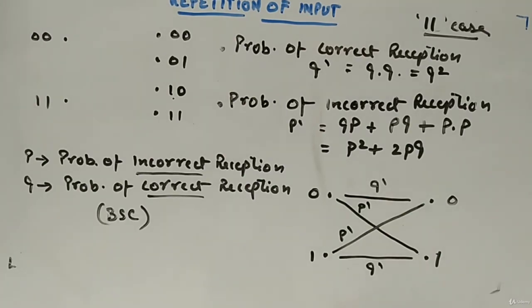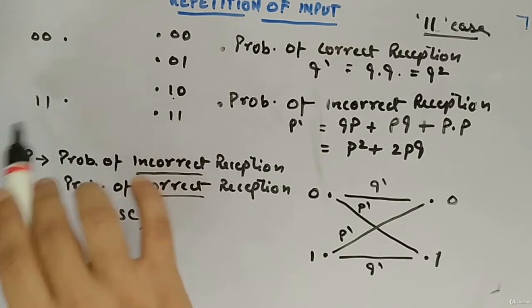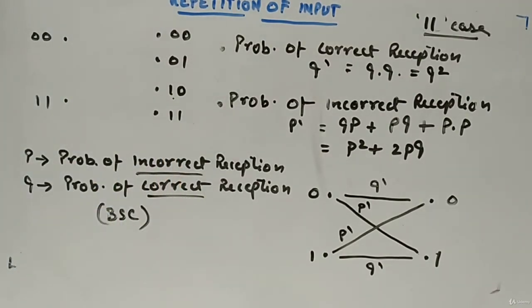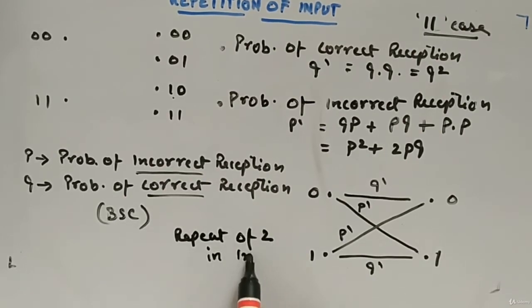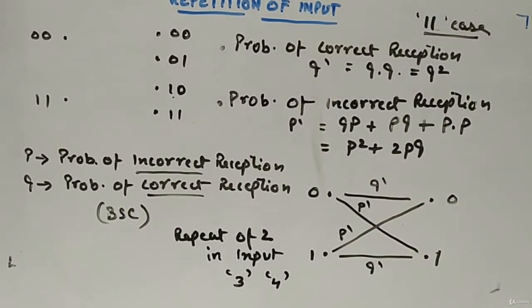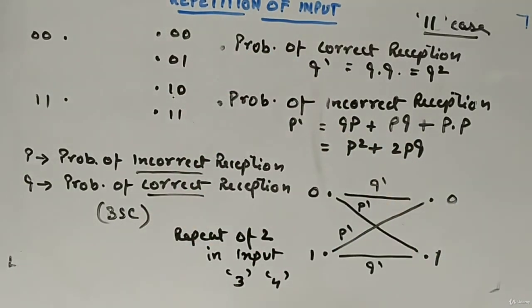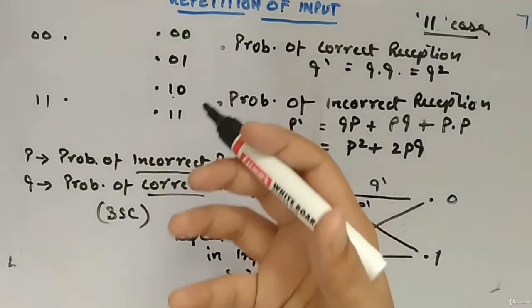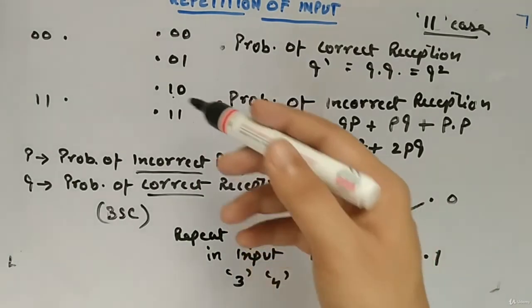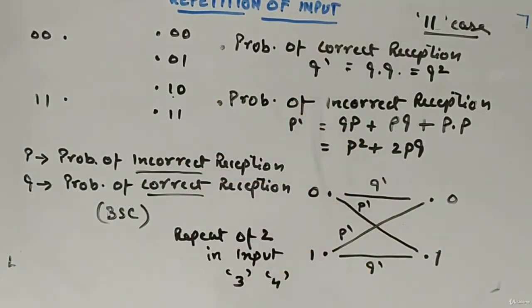So I hope you got the feel. Now the repetition was only one, meaning we are sending the input 2 times, so the repetition will be called 2. Similarly, you can have repeat of 3, repeat of 4. I hope you are able to see that it is more reliable communication, because you have more power in your hand to judge when 0 has been transmitted or 1 has been transmitted. Okay, now let's see the capacity.